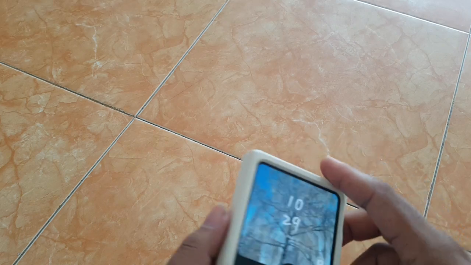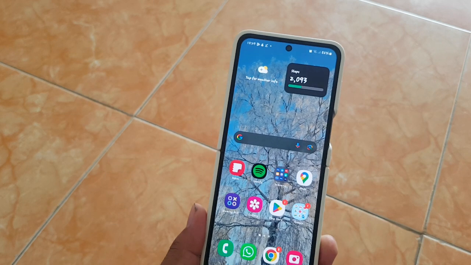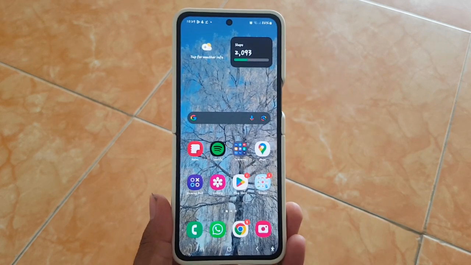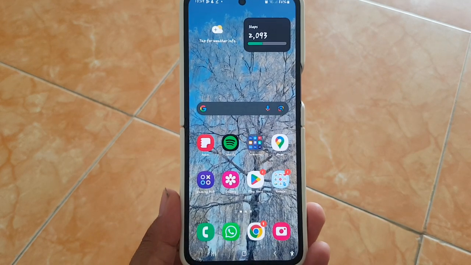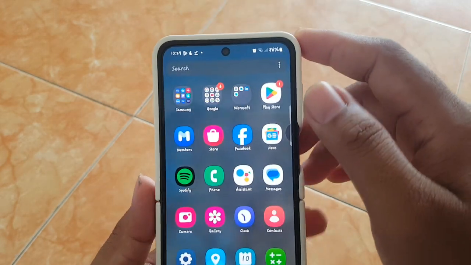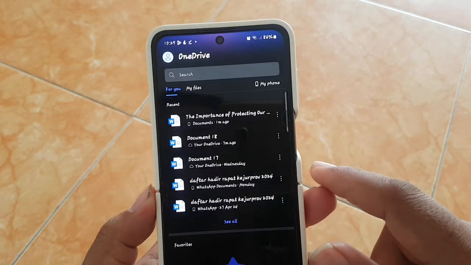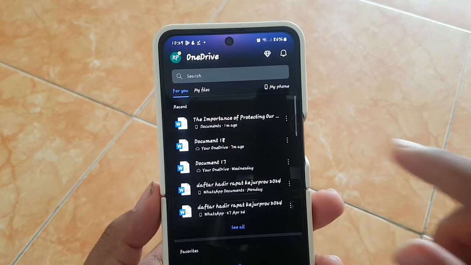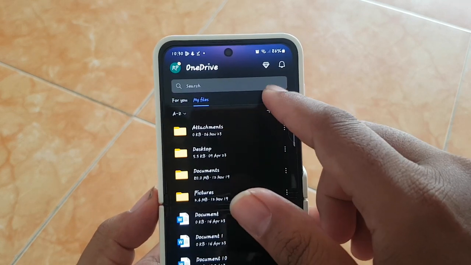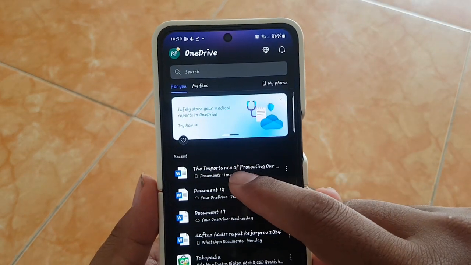To change paragraph style to no spacing in a Word document on an Android phone, open Microsoft 365. Swipe up on the home screen to access the app screen, and then find Microsoft 365 and tap it. Next, select your Word document. You can find it in My Files, Phone, or For You. For example, this Word document,